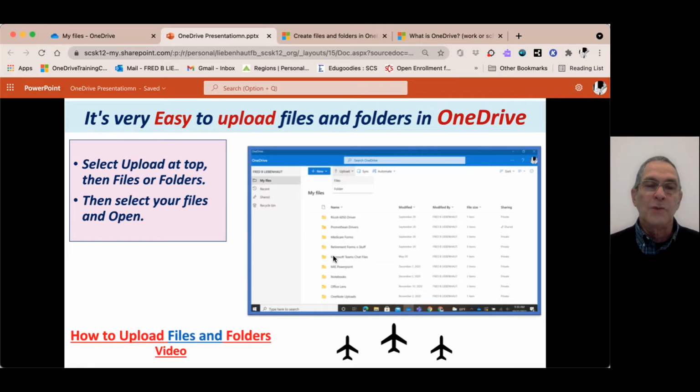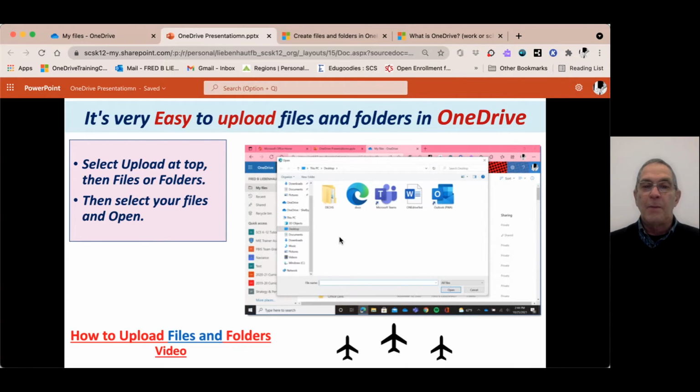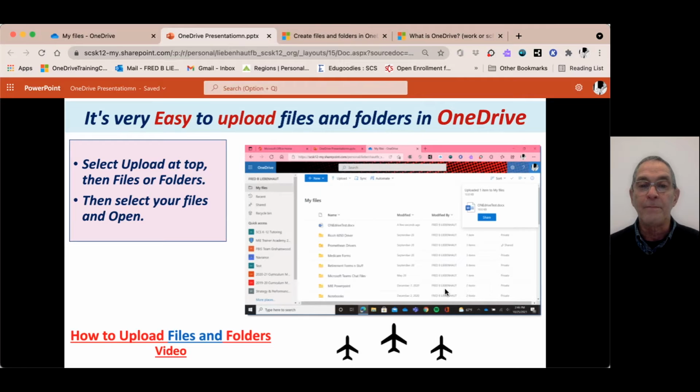And I want to upload something off my desktop. So I would just come up here next to the blue New button. You see Upload. I click Upload, and then I'm going to select Files. And then it's going to open up a window and show me my files. It's basically asking, what file do you want to upload to your OneDrive? So I've selected my desktop because I know that's where this Word document is that I want to send up. So when I select that Word document, click Open, it opens up my OneDrive,